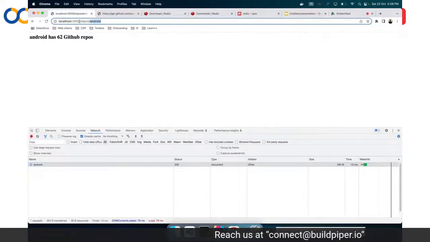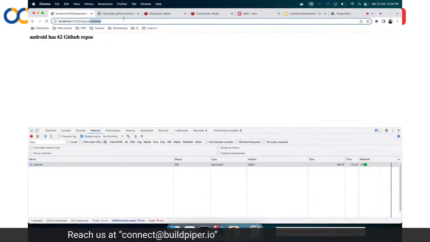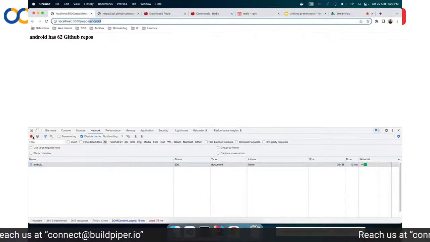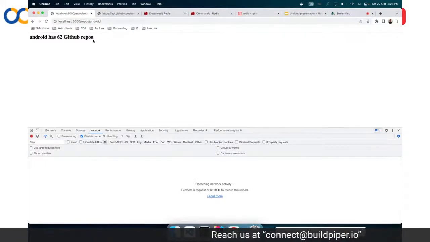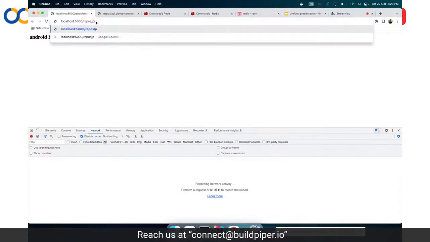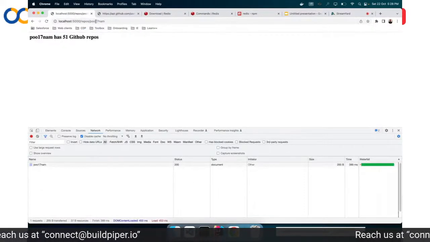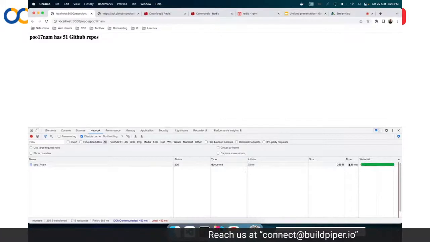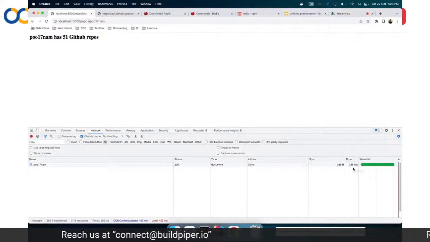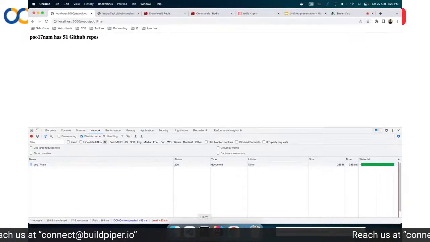So localhost 5000 is the server, slash repos, and here I'll pass a parameter. So Android has 62 GitHub repositories. Let's see my username, 417num. I have 51 GitHub repositories, and if you notice, this request took 385 milliseconds. Keep that number in mind. It took 385 milliseconds,